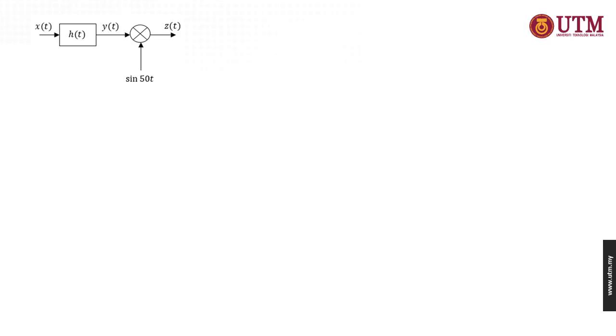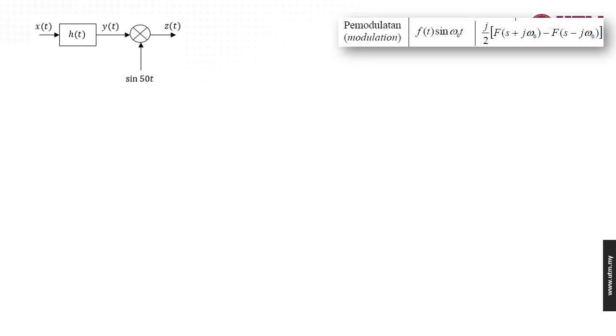Okay, from the third question just now, we haven't solved the zs. So let's look at zt equal to yt multiplied with sine 50t. So again, refer to the table. So you'll notice that modulation process. So compare the given equation with the one you have. So you have zt equal to yt sine 50t, in which